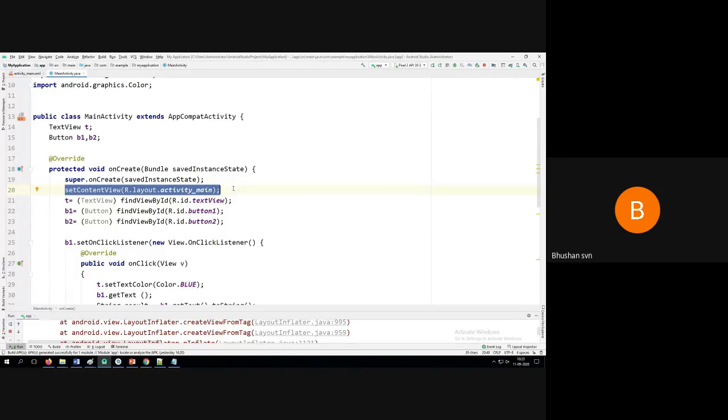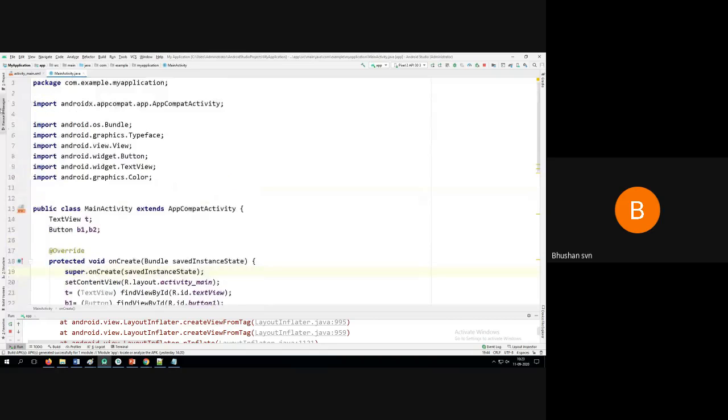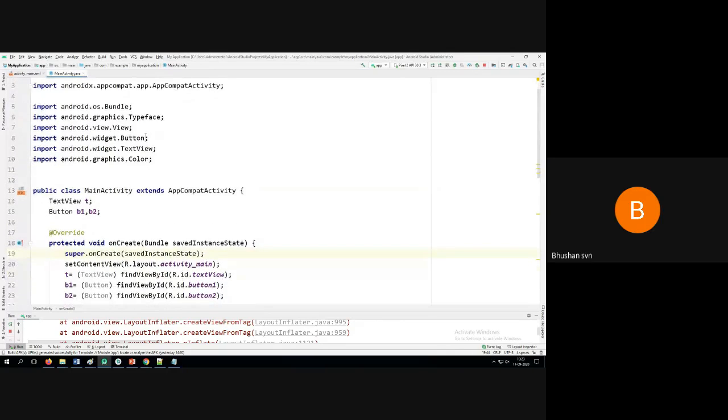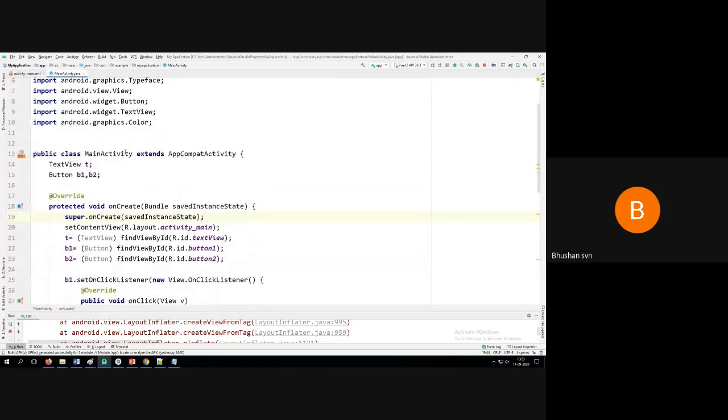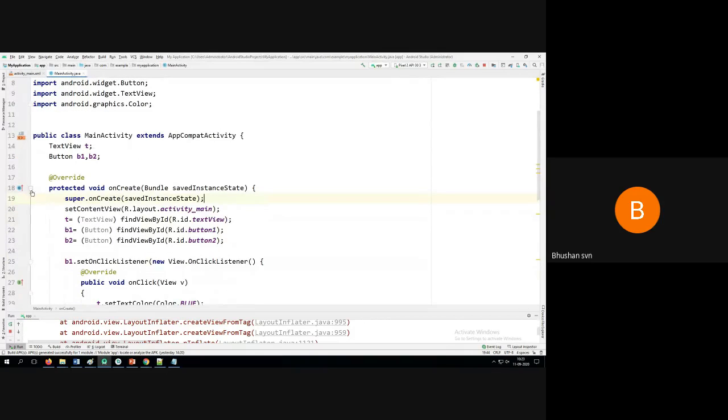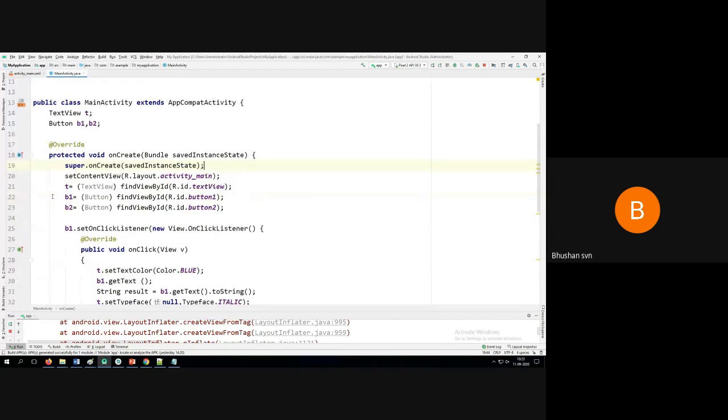We have given the name as activity_main. So line number 1, 3, 5, 13, and 18, 19, 20 will be default for all kinds of files once you start building a new project.